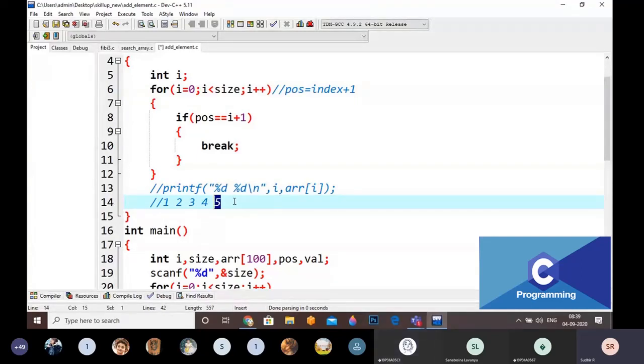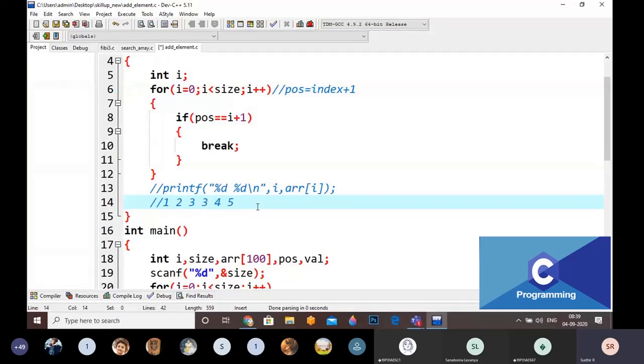I am going to start at this position and I am going to maintain a copy like this. I am going to start at size minus 1 position and make a copy like this, 5 and 5. At the first iteration it is going to be like this, 5 and 5. And I am going to reach this position and maintain 4 and 4. Then I reach this position and make here 3 and 3.